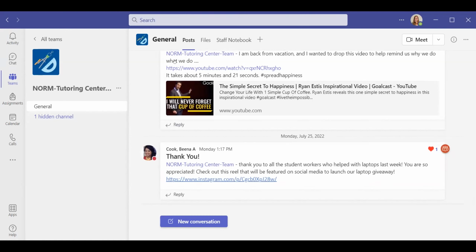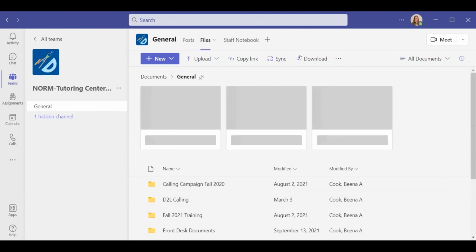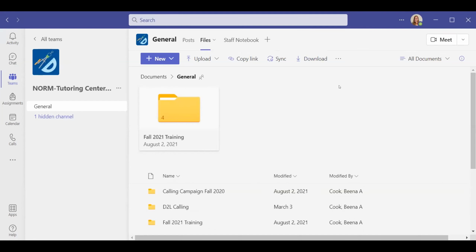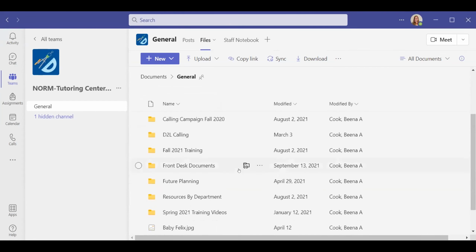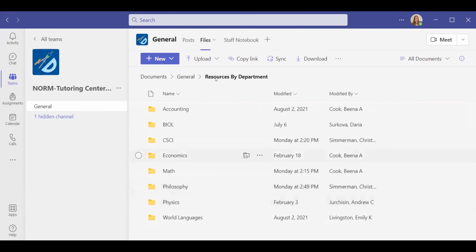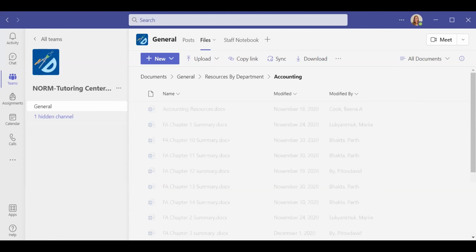The other thing that's going to be useful for peer tutors is going to be the files section. And in the files section is where we kind of keep the information you might need as a peer tutor. So the thing that is probably most useful is going to be the resources by department. And when you click on that, you'll notice that there are different folders for different academic areas. So if we click on accounting,